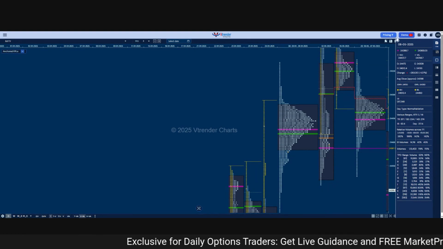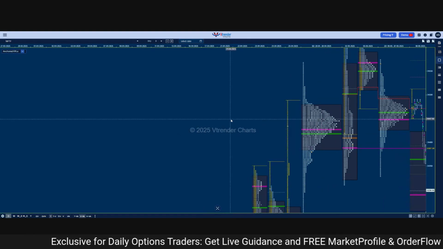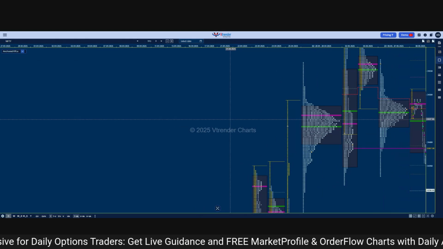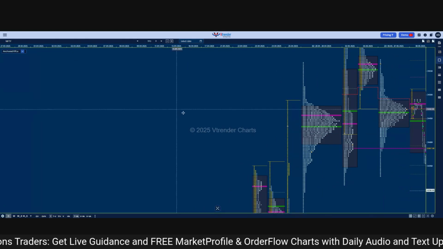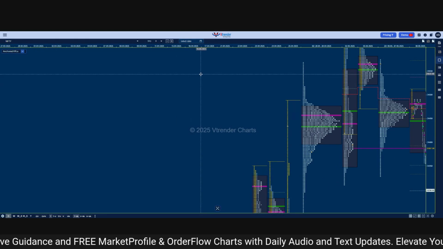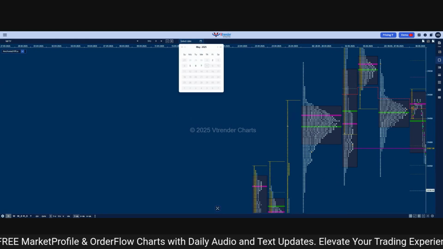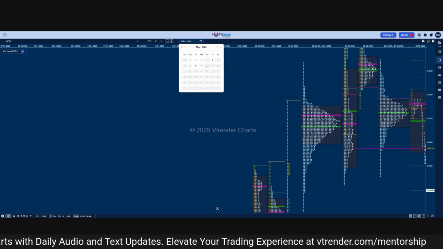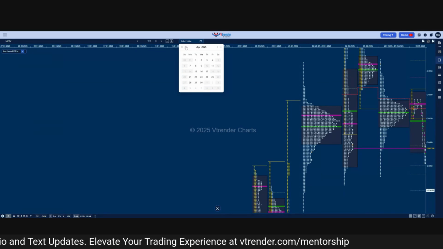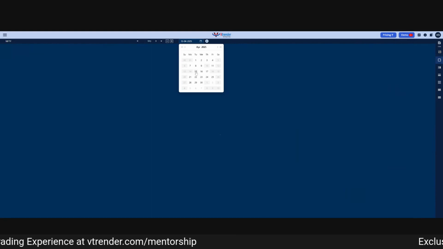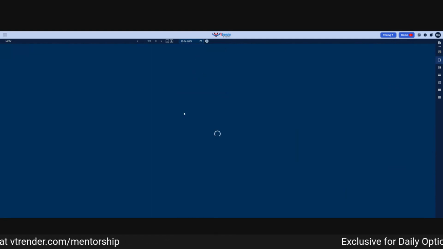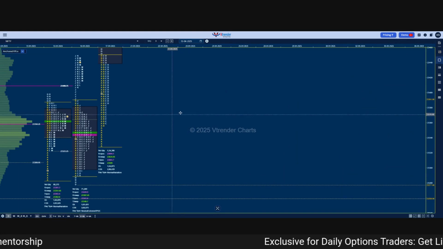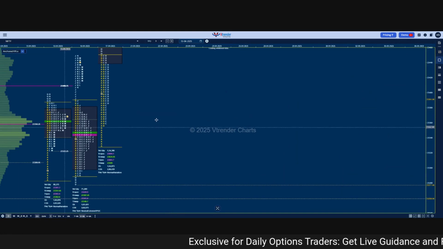So when was the last time we got this kind of a 2-day composite and got an imbalance? You can go back to 14th, 15th and 16th April. You have this option on the top where you can select the date and go back to any date. 16th was the day where we got that failed auction. So you can go back to that day and you can see these 2 days,